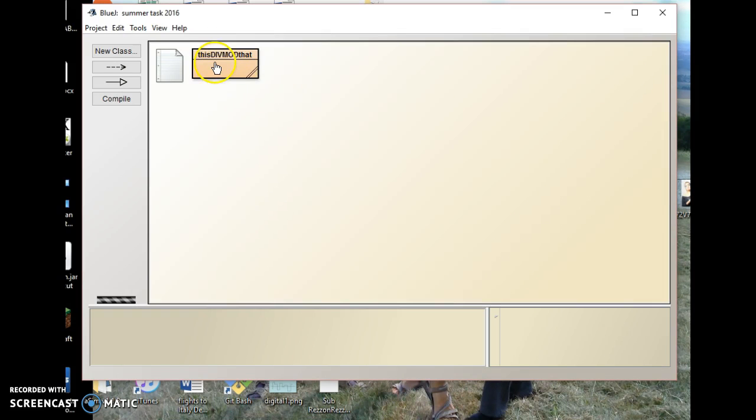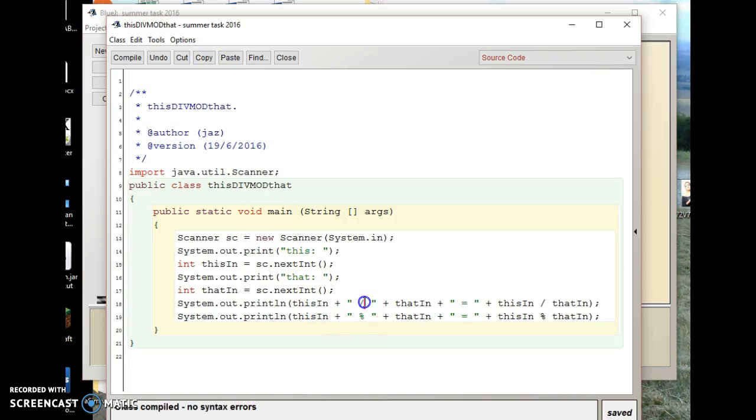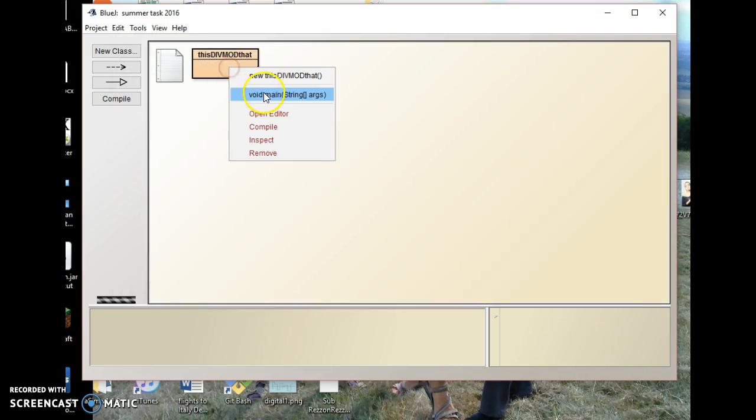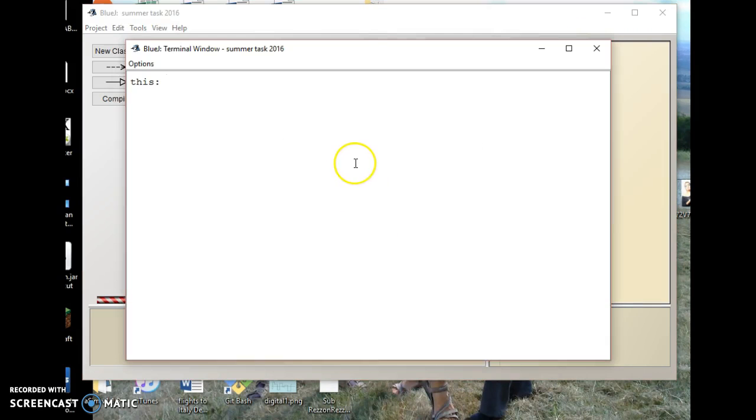Good. I'm going to alter this just a little bit. And instead of using the Java specific division, I'm using the general div and mod as feedback. I'm going to still leave the slash and percentage because that's what Java needs to calculate integer division and remainder. But as far as the user is concerned, I don't want them to know how it's done in Java. I just want them to understand I've done division and remainder, which is typical. Compile that, run it. You now see that if I go through the same process,